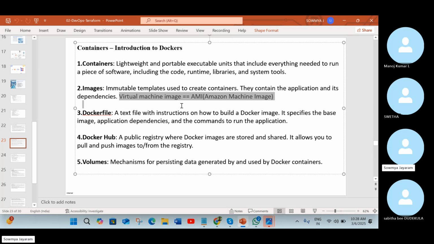If you want Red Hat, Ubuntu, or Amazon Linux, you just change your AMI. In the same way, with images, you change the image according to your dependency.